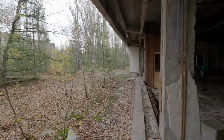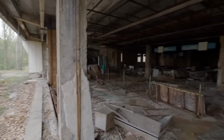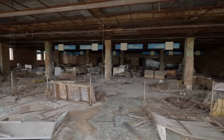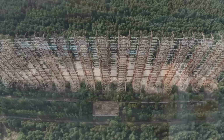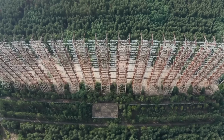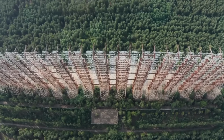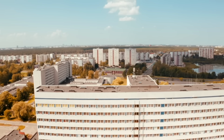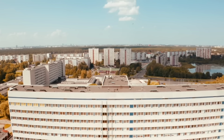The Chernobyl exclusion zone, a 1,000 square mile area encompassing the Chernobyl nuclear power plant and its surroundings, has witnessed a remarkable resurgence of wildlife and flora in the absence of human activity. This unexpected ecological recovery underscores the capacity of nature to adapt and reclaim even the most hazardous landscapes. As mentioned, populations of species such as wolves, boars, and deer have flourished, creating a unique ecosystem often referred to